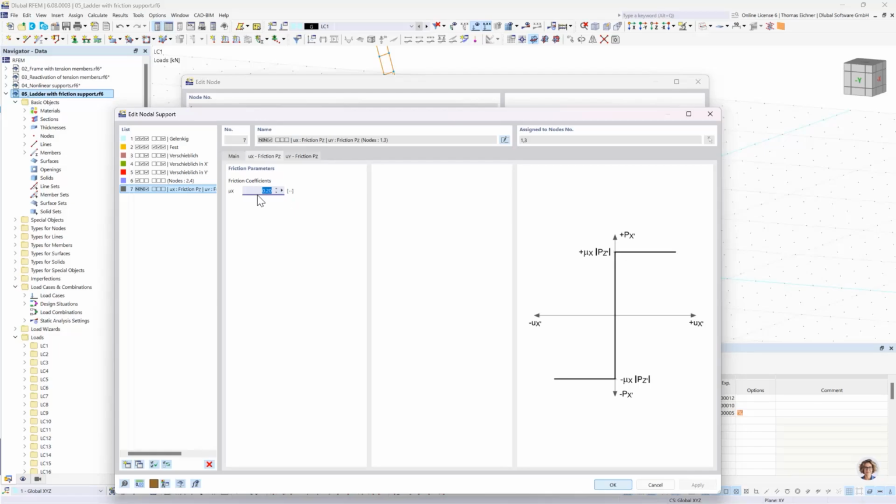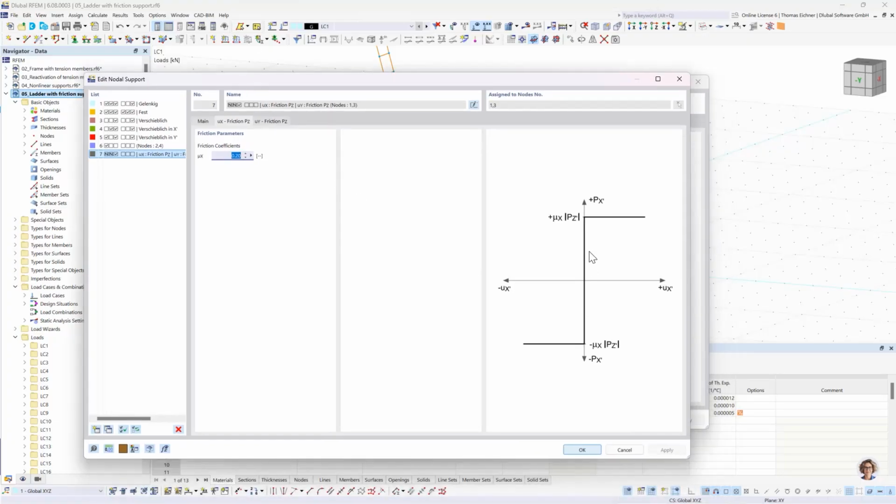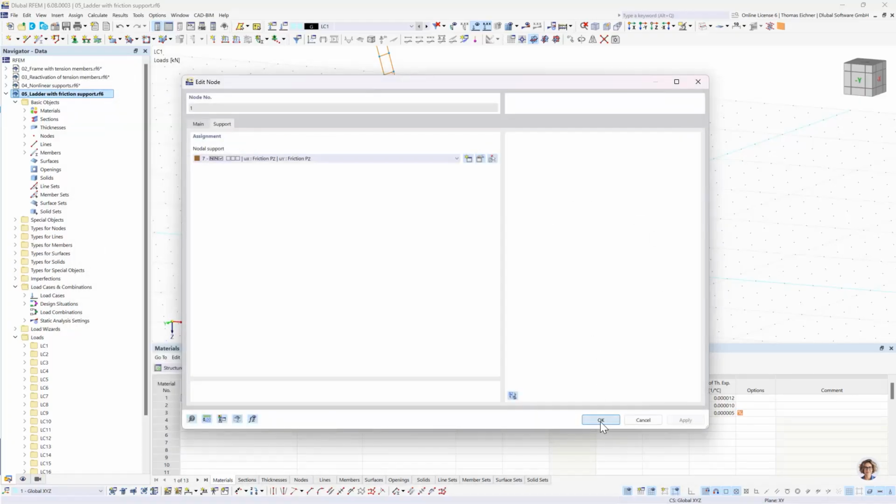So if we have 1 kilonewton in vertical direction, then it will be able to hold 0.2 kilonewton in horizontal direction. And if the horizontal force gets higher, then it's just like yielding. Okay. With that said,